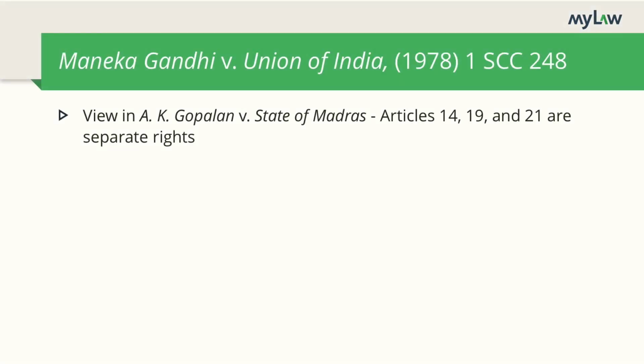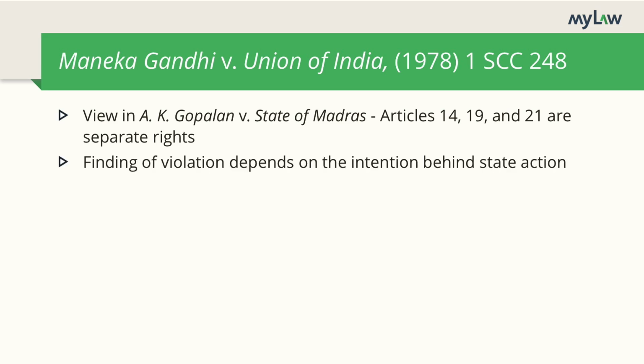In Menka Gandhi, faced with these contentions, a 7-judge bench of the court revisited the relationship between Articles 14, 19 and 21. Recall from the last video on Article 21 that in A.K. Gopalan vs. State of Madras, the Supreme Court had adopted the narrow view that Articles 14, 19 and 21 are separate rights. The specific right that can be used to challenge state action, therefore, would depend on the intent of the state action. For instance, under the law in A.K. Gopalan, detention cannot be evaluated on the ground whether it violates freedom of movement, as it is intended to deprive a person of liberty as per law.